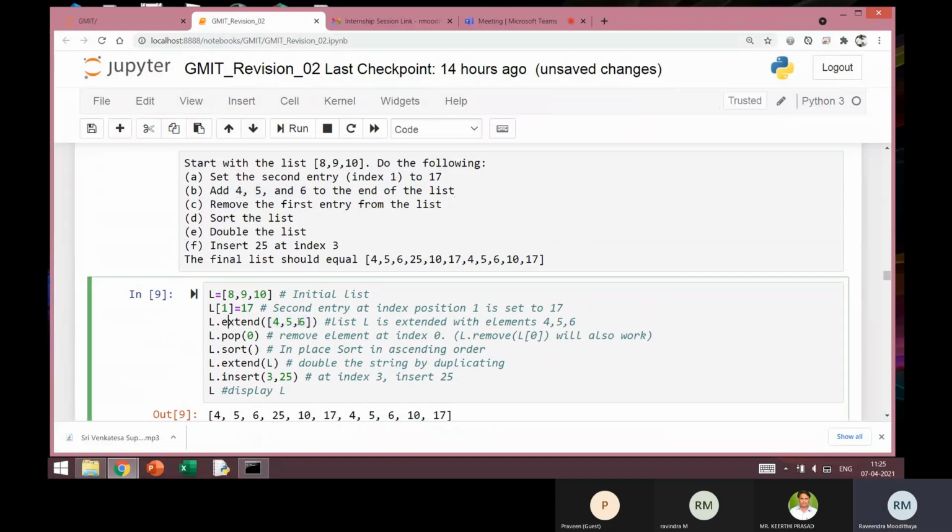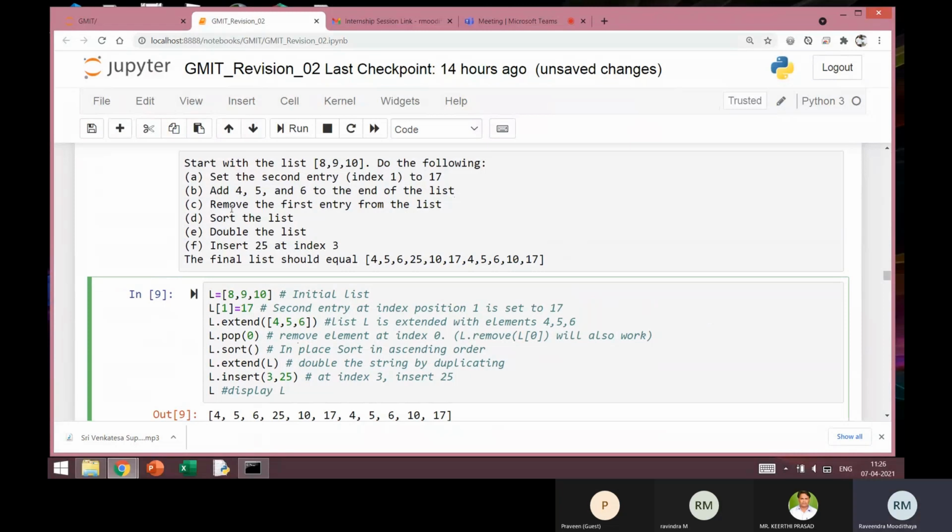So at the end of this, initially we had 8, 17 and 10, and now 4, 5, 6 are used to extend it. So this is going to be the value of the list at the end of executing this L.extend command.